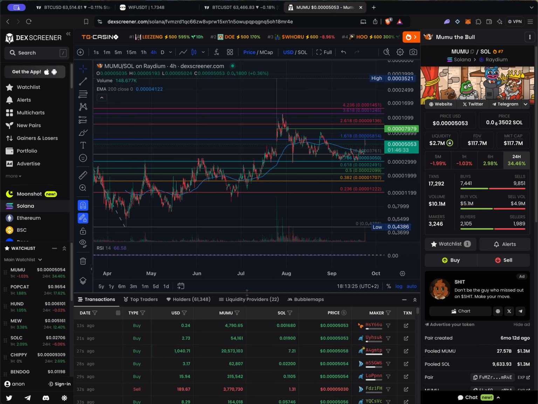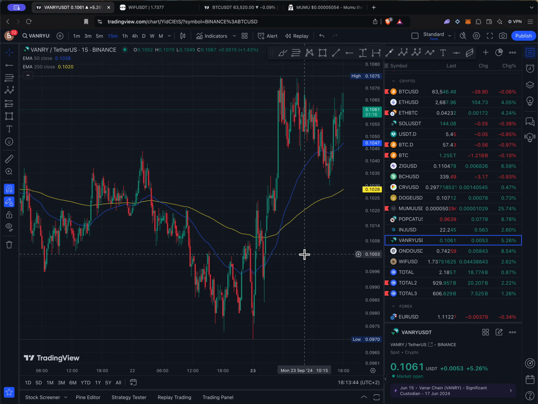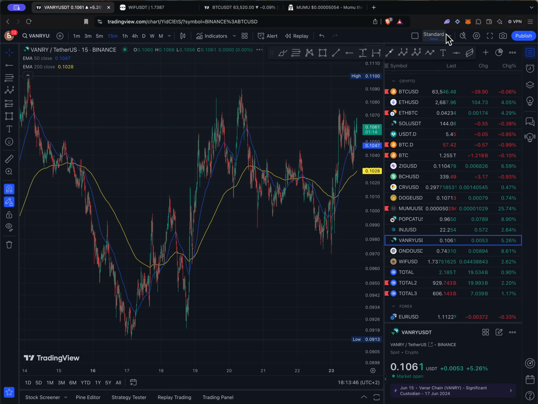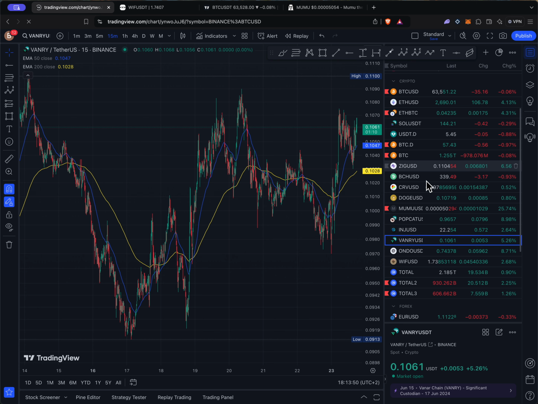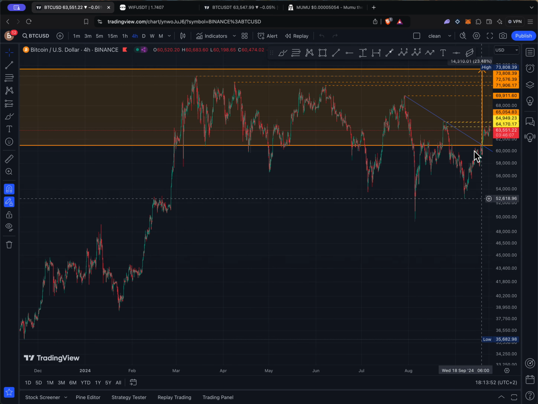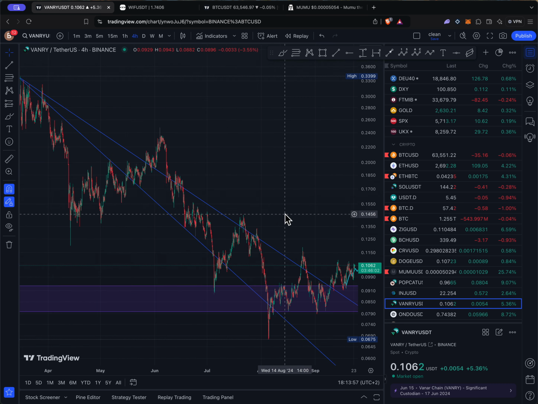Do you guys have any coin you want me to chart maybe? Vanry again, yes, let's go Vanry. This should be ready. Was here, no, was in here, I had it, I think. Here. Yes. So,